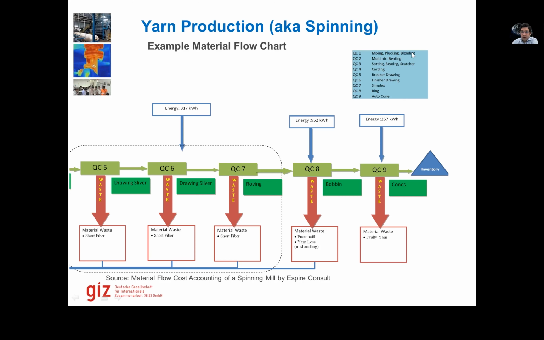The problem here was that from mixing, the factory was not doing any measurement of material output. What they were measuring was the material output after blending. So we did not have material quantity at mixing and material quantity at plucking. All we had was input for mixing and output for blending. So we combined them together into one quantity center. A quantity center is a set of processes for which we can define the quantities of inputs, outputs, and wastes.